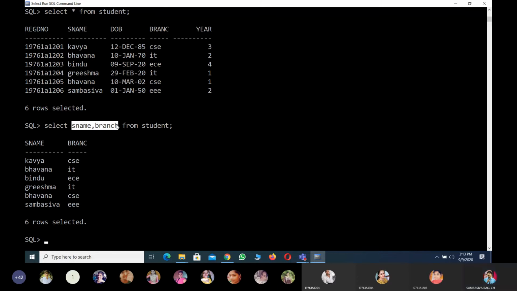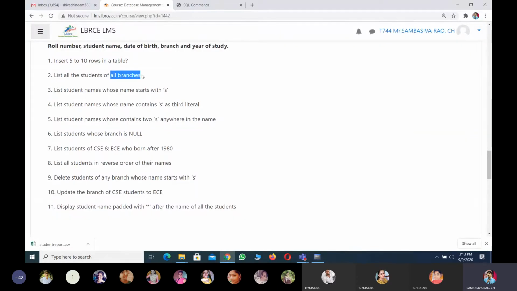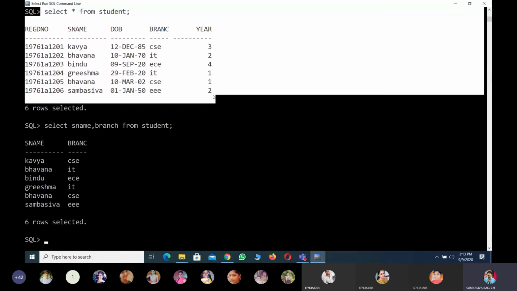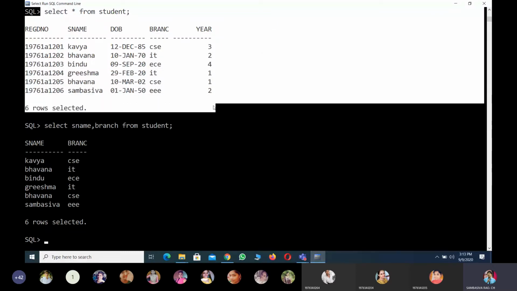Here the perception means you have to print all the branches of all the students. That means retrieval of all the student table values. That is nothing but select star from table name. Already we have completed. This is the query. Try to understand what question they have asked. Select star from student.